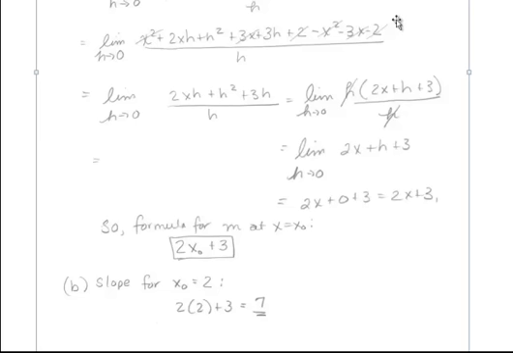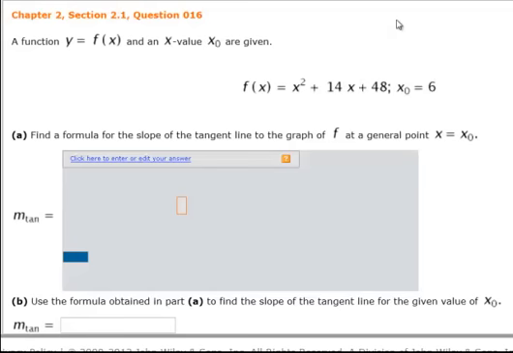The second part that was tricky about this was actually entering it into the Wiley Plus. So now I'm switching back to that. Now in this case we know it's going to be 2x plus 14. But the formula has to have an x naught in it. So what I want to do is show you, I'm going to type in my 2